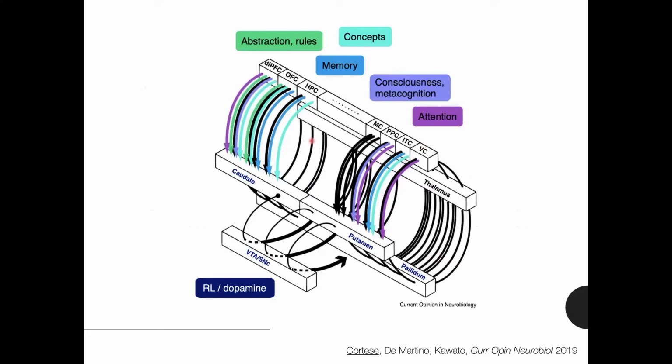And the idea is that all these different higher cognitive functions can really interact with reinforcement learning, and they would do so through a host of parallel loops linking different brain areas that are related to one or to multiple of these cognitive functions with the nuclei that are related to reinforcement learning computations in the brain. And so really this pairing, this coupling of these two, this tension between these two, might be a computational solution and an architecture that enables efficient learning.